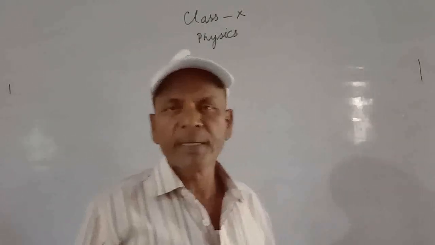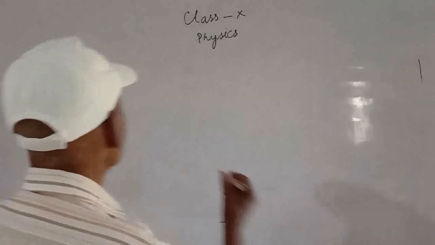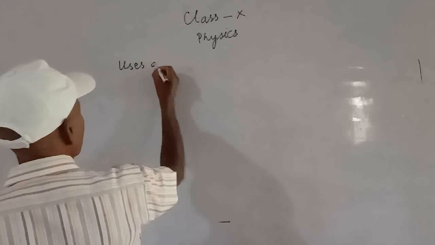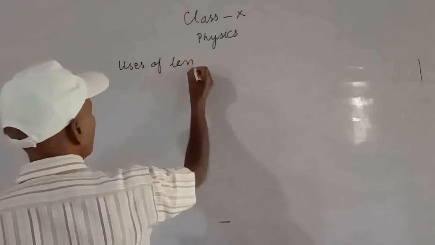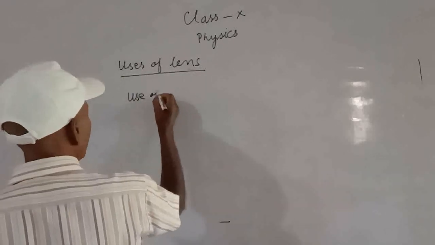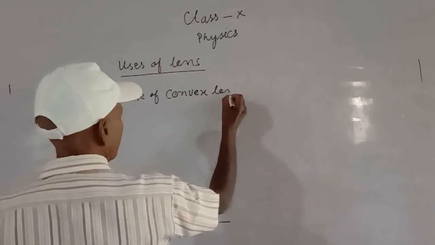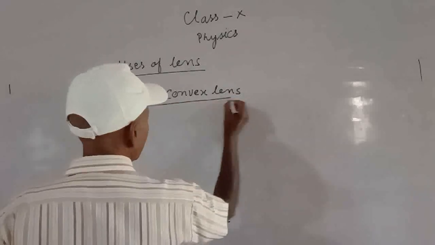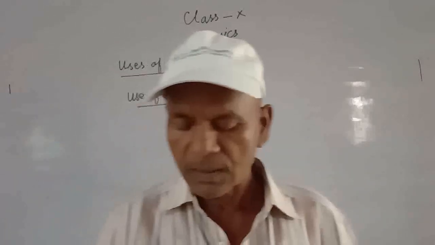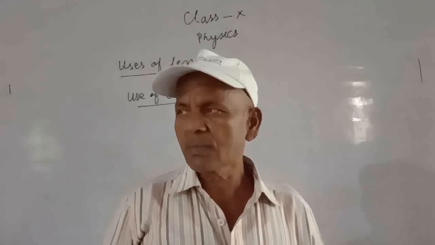Dear children, we are again to discuss the usage of lens. Use of convex lens. Convex lens is used in camera. Second one is it is used as magnifying glass